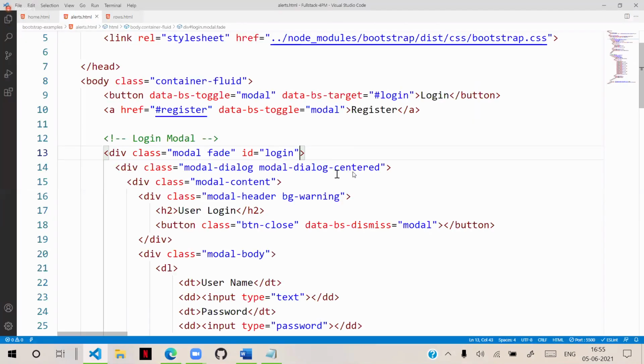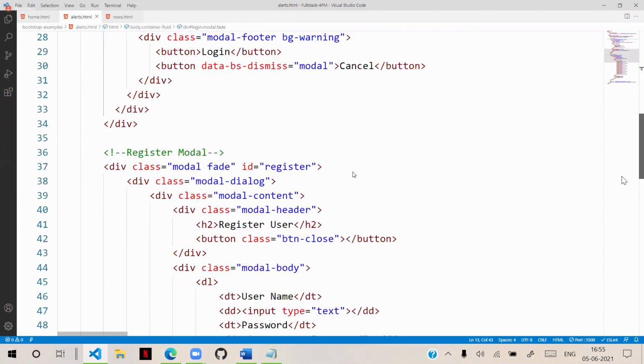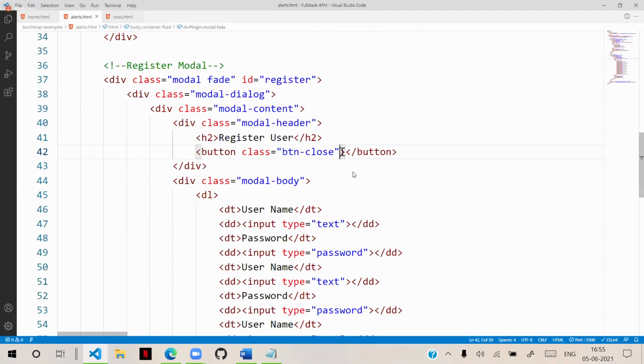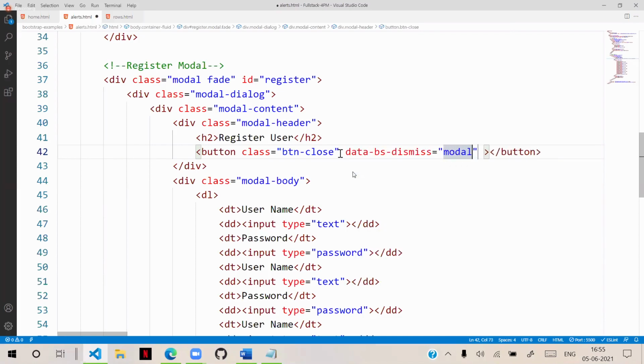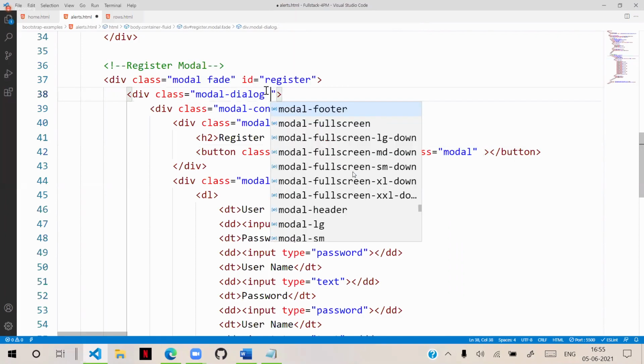What we have to do here is, for the register modal, for this button, the class is already there, data dismiss modal we have to dismiss, and here the modal dialog is there. We will use this modal dialog.